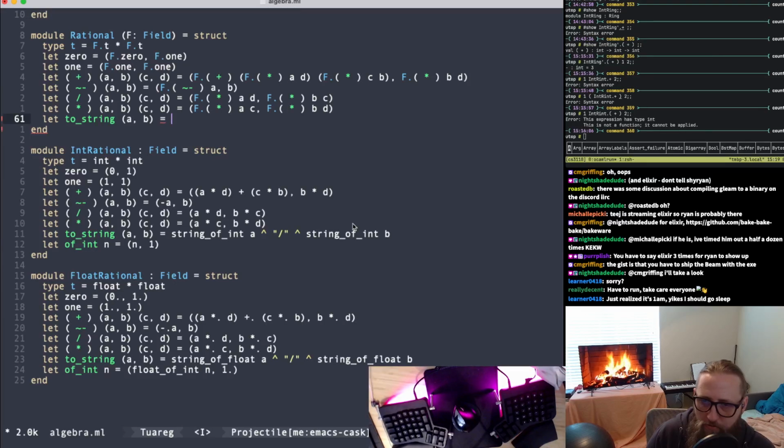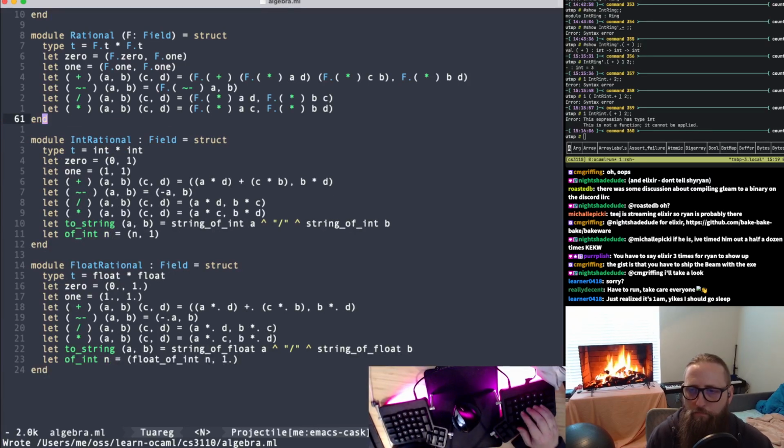Maybe those are the things that we just keep outside of the rational functor. No, there's got to be a way that we can do this nicely. So this takes a field. It returns all of that. But in order for this to be a field,